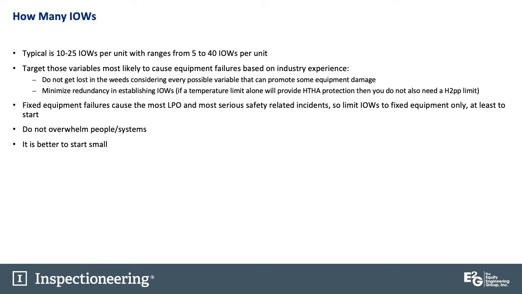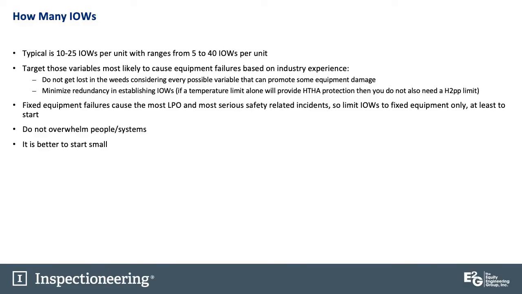An example of a refinery unit where you probably see a high side of IOWs is an HF alkylation unit. It's not uncommon to see 40 or maybe even more IOWs in a unit like that, where there are lots of important IOWs that are critical to keeping corrosion rates manageable on the alloys used in an HF unit, mostly carbon steel, but some Monel as well. On the other hand, smaller units like sour water strippers might just have a handful of IOWs, 5 or 6. And that's probably sufficient for units like that in most cases.